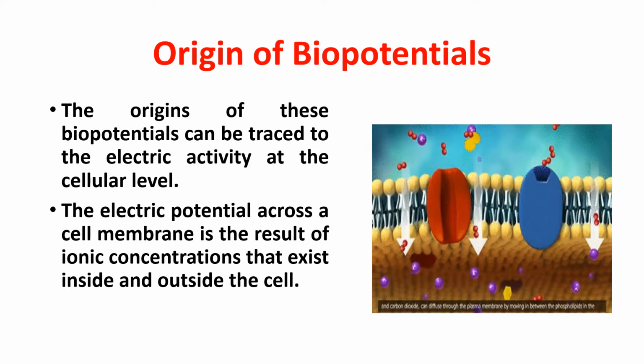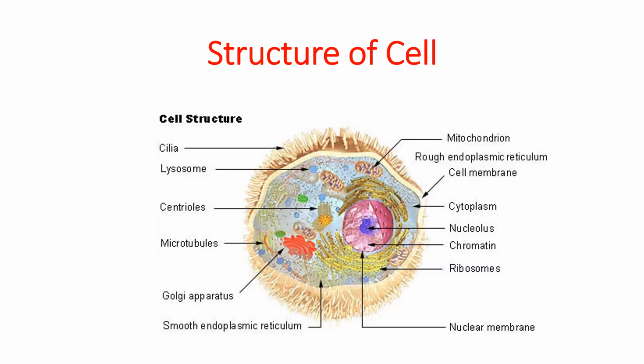Figure shows the structure of the cell as seen with the biological microscope. Each cell consists of a centrally located nucleus surrounded by the cytoplasm. The nucleus is separated from the cytoplasm by a nuclear membrane, and the cytoplasm is separated from the surrounding fluids by a cell membrane. The different substances that make up